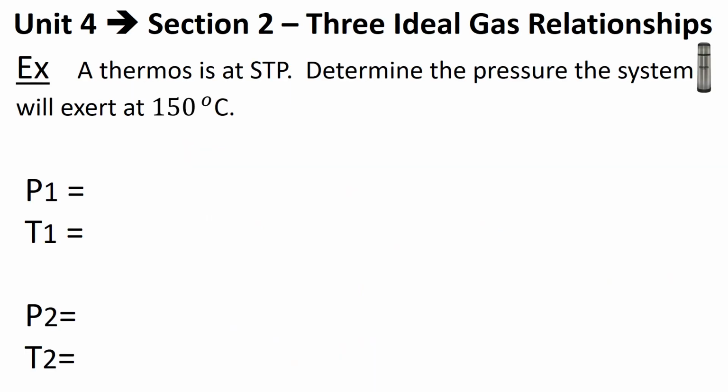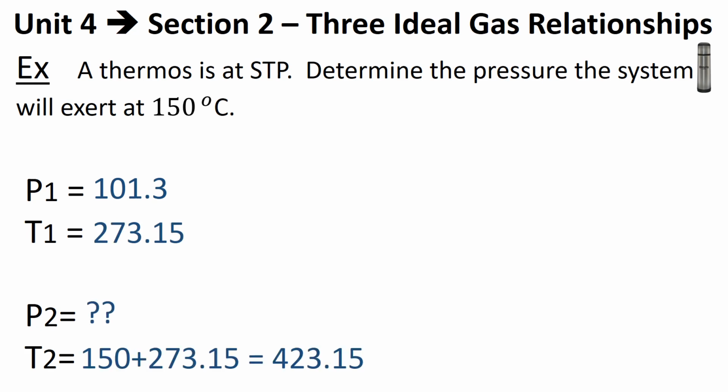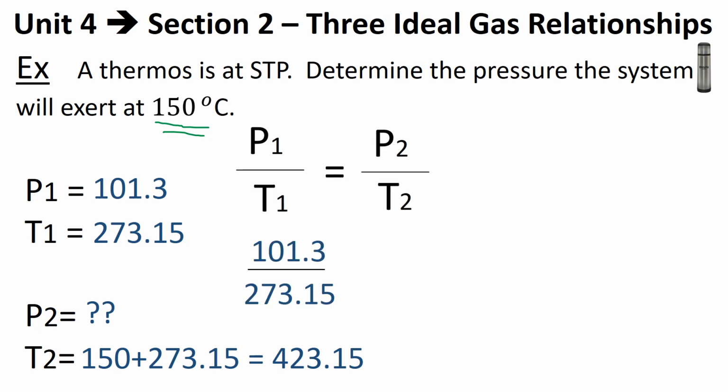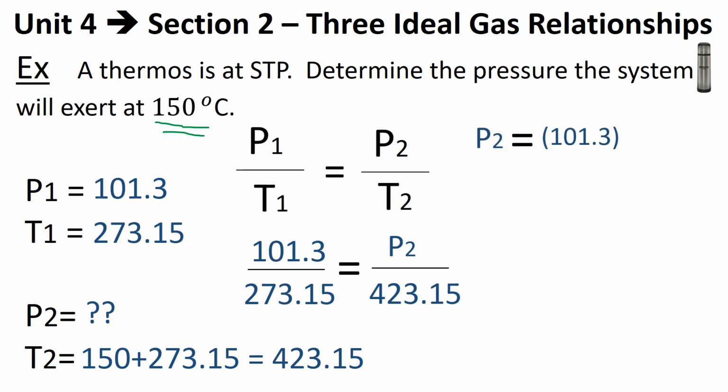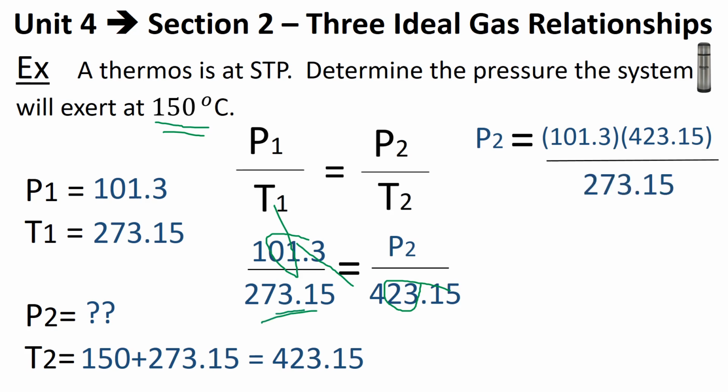So if our pressure is at STP, it is 101.3, and our temperature is 273.15. We're trying to find our pressure, P2, and we're going to have to convert that temperature because I gave it in Celsius. So make sure you convert that to kelvins. And it's just a matter of writing out your gas law, plugging in your values. Be careful when you cross multiply. So it looks like 101.3 times 423, and then divide by the 273. And you can check your answer,